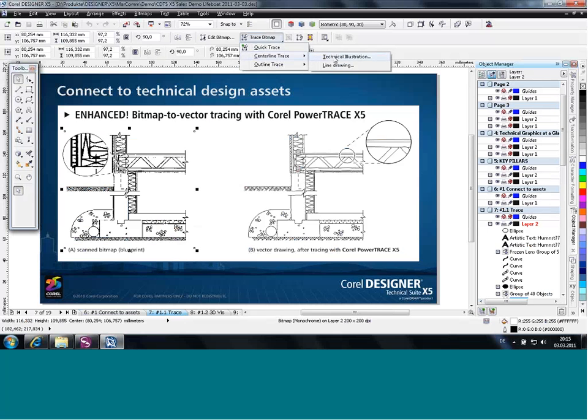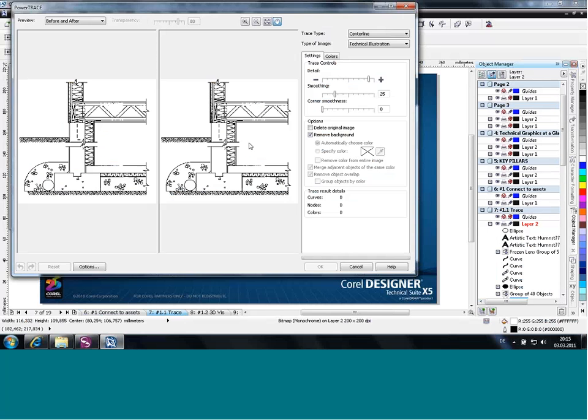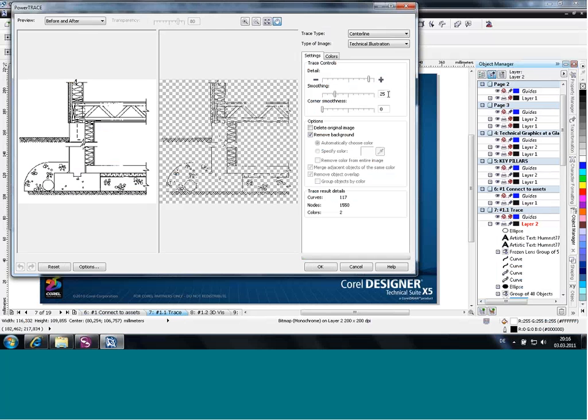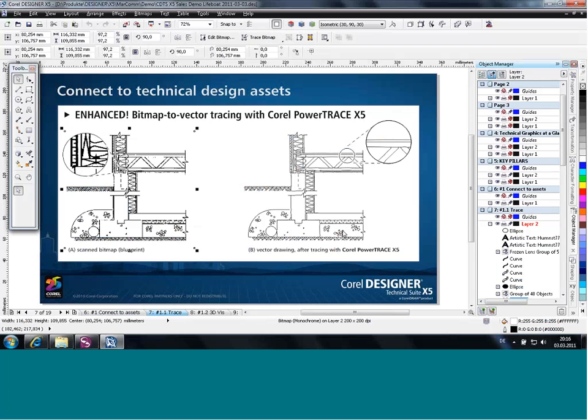And I can use presets here like technical illustration as a preset. And that will calculate everything I need to get here. You see that on the right, a vector drawing based on that not that high quality scan. And that's what I have done before, so I cancel that. That's what you see here on the right side. That's the result of such a tracing